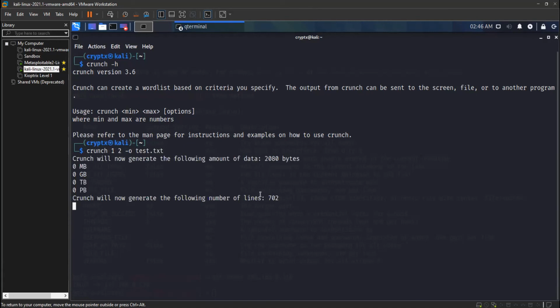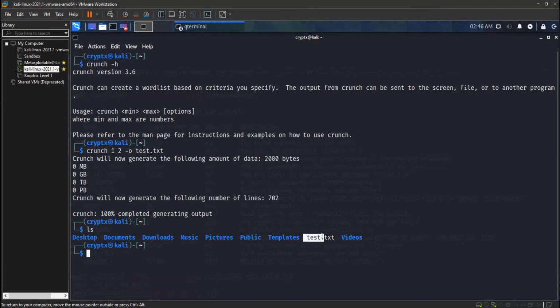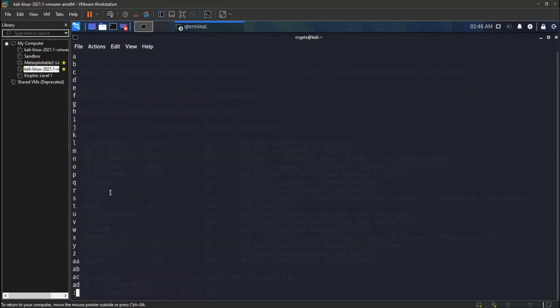As it said, it generated around 700 lines. Now I'll show you, we can see test.txt. If I do less, the command to view files, test.txt, in this it had created a file which started with one letter and then ended at two letters using all the combinations. This is around 700 lines. And if you go to the end line, which ends with zz, these are all the two-letter combinations. Okay, I'll just quit this.